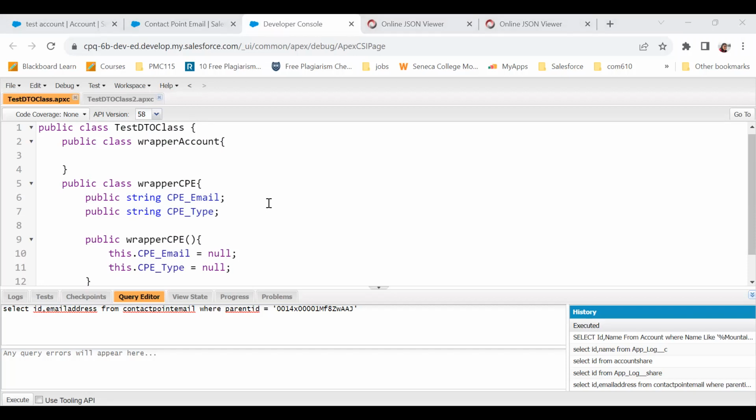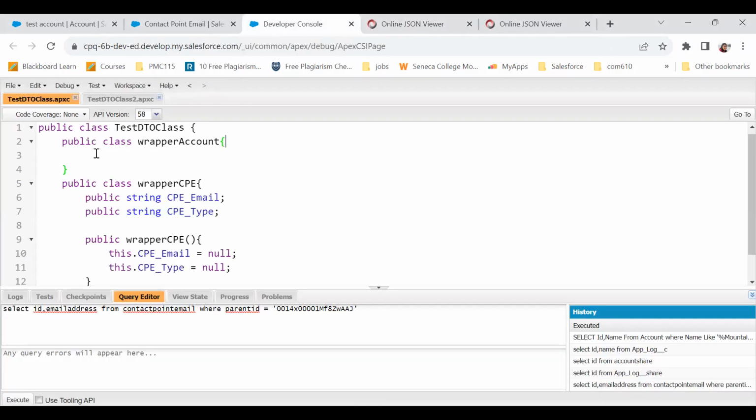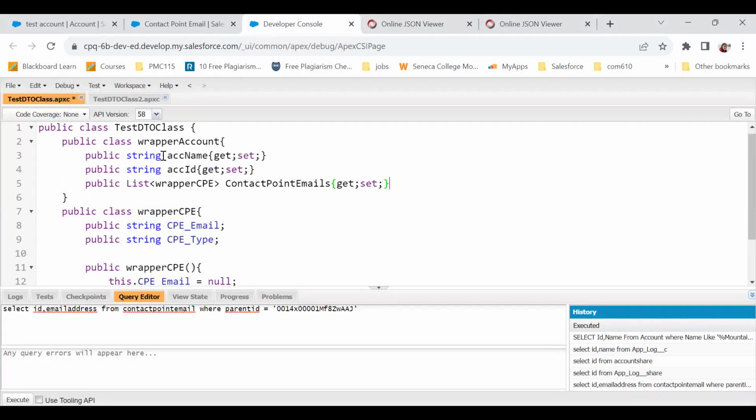Now let's create the wrapper class of our account. In this wrapper class, I'm going to send three properties, right? Like you can see here, account name, account ID, and the third one is the list of contact point emails. So all these three are the properties of accounts. So let's create three properties for accounts. One is string account name, other is the ID, and the third one is the list of contact